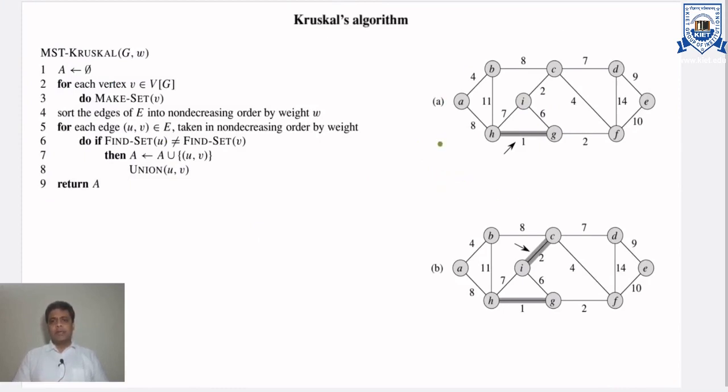So this is a given graph, and we are going to calculate the MST using the Kruskal algorithm. Now the Kruskal algorithm simply considers the minimum weight edge. Consider all the edges and pick the edge which has minimum weight. In this particular case, the edge HG has a weight of 1, and it is not going to make a cycle because there are no previously selected edges, so it is safe. So just select this edge and include it in our solution. Initially A was empty,